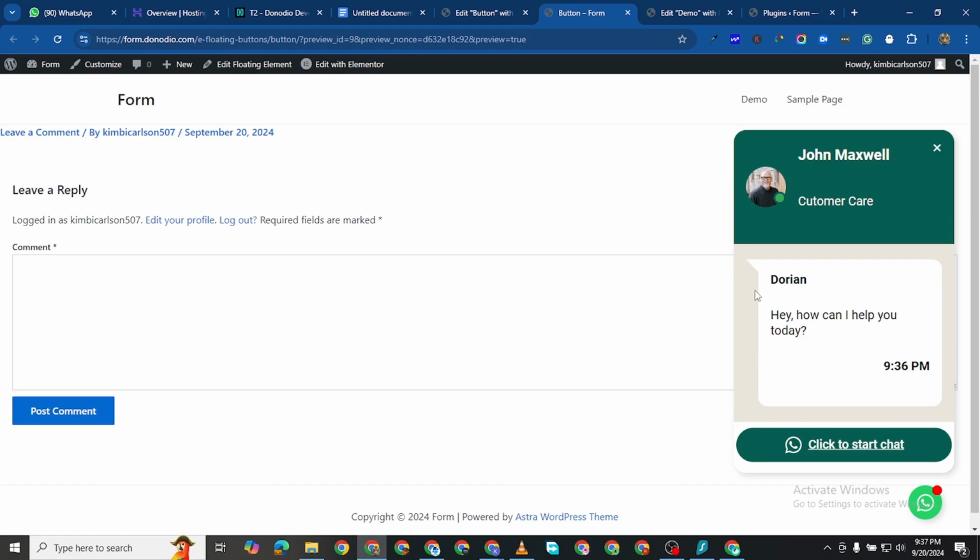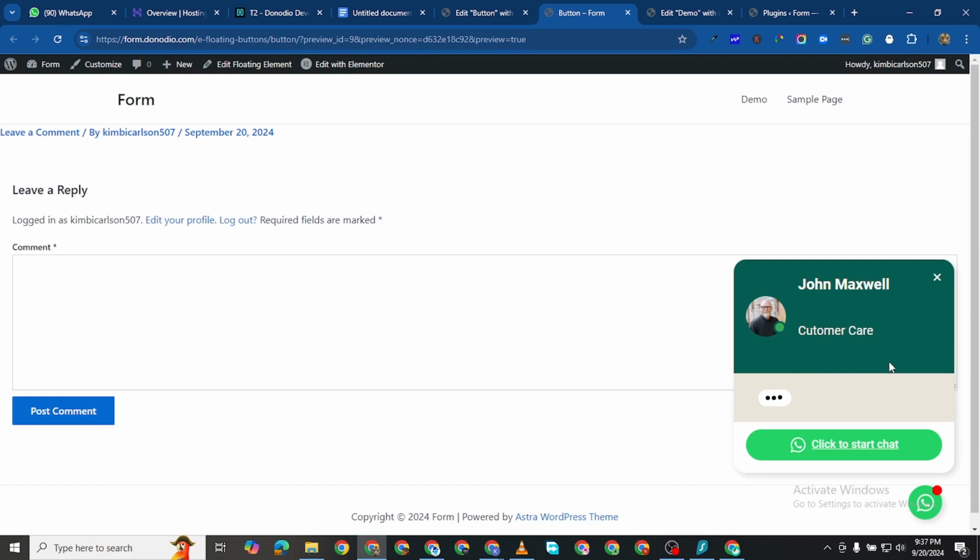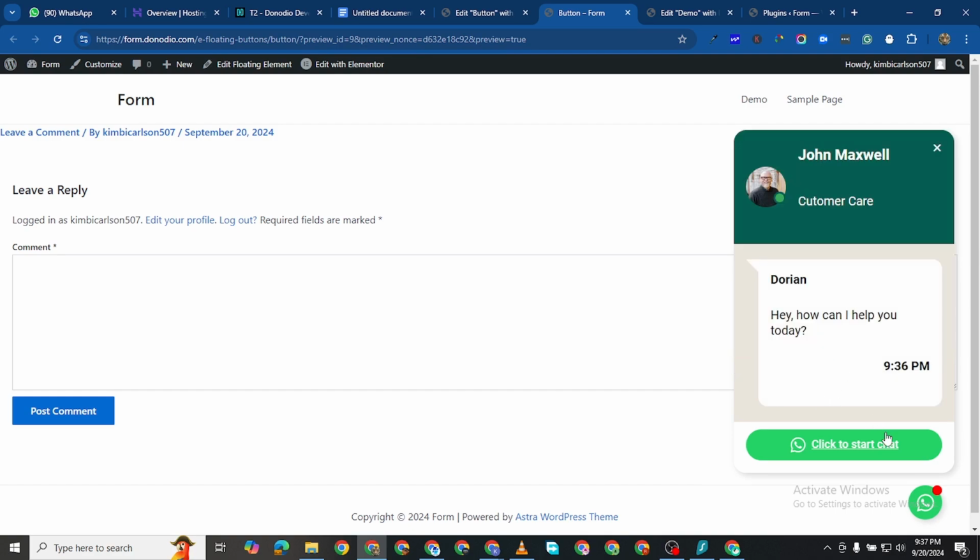In this video, I'm going to be showing you how to create this floating chat on Elementor without using any extra plugin. So this is an Elementor functionality. I can close this, and this button is going to be here. If I click on the button, it opens, and I can click here to chat with the owner of this